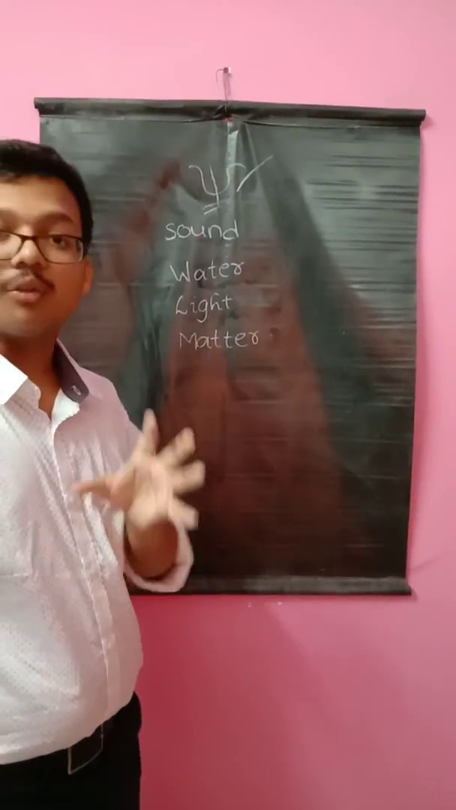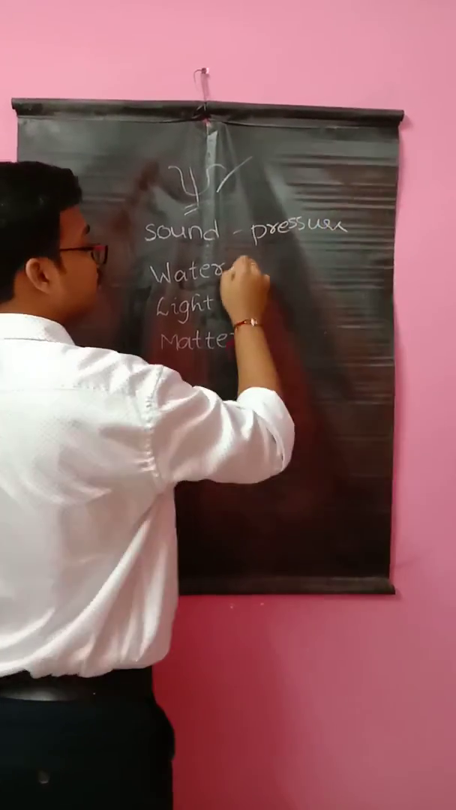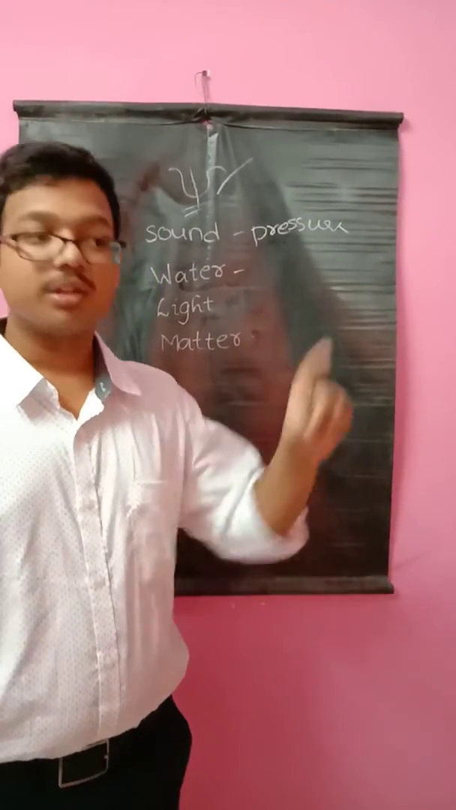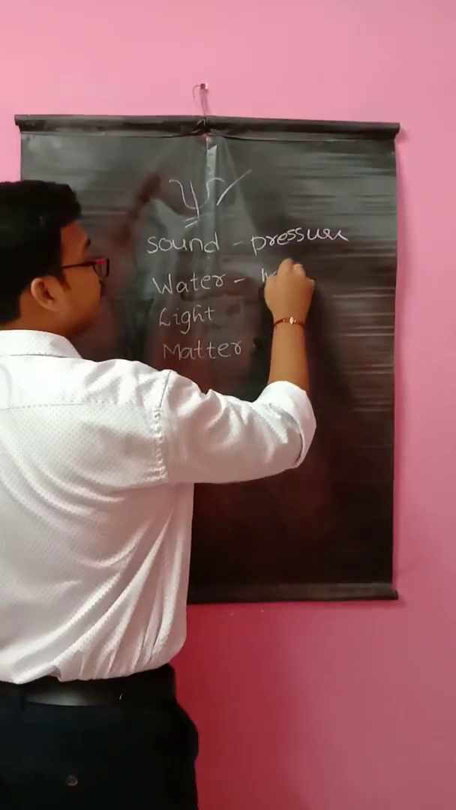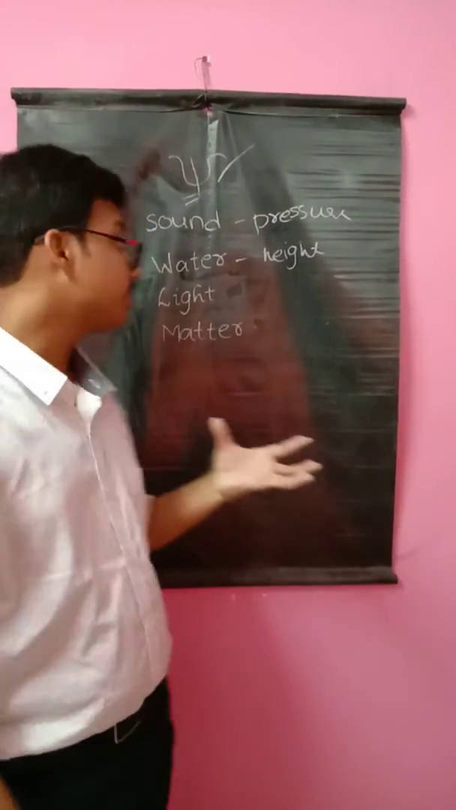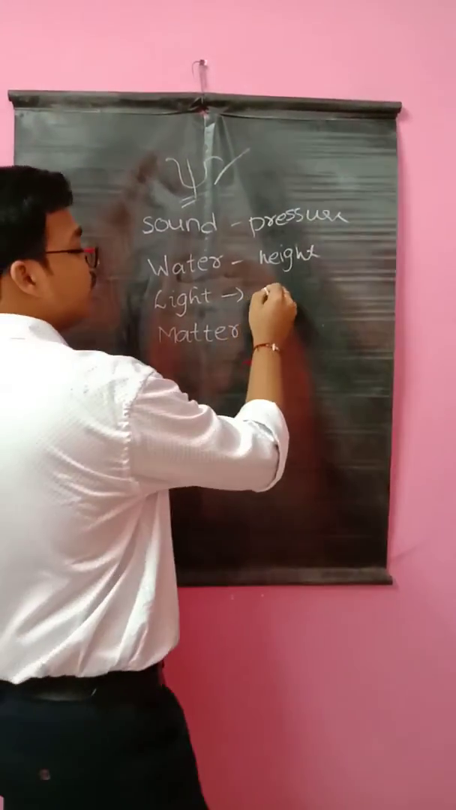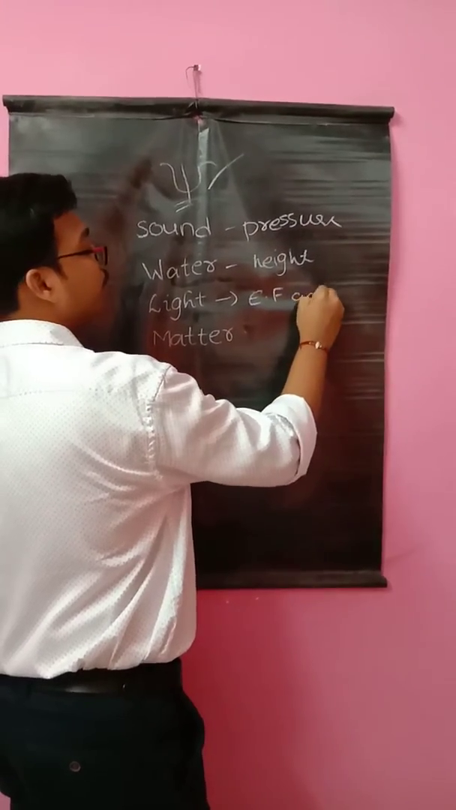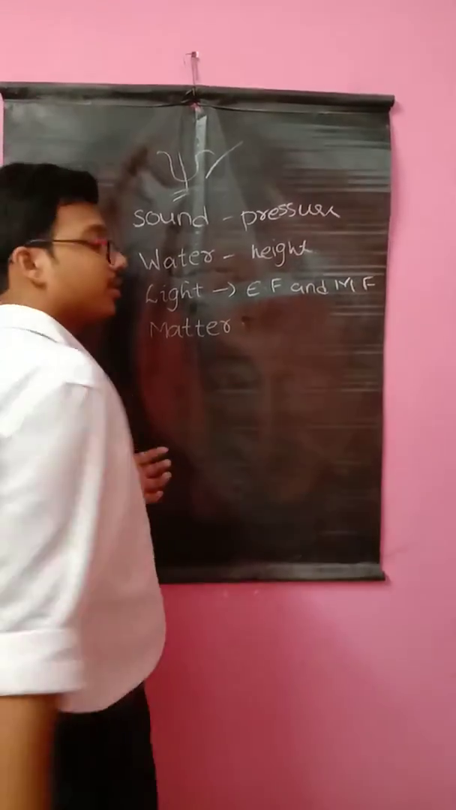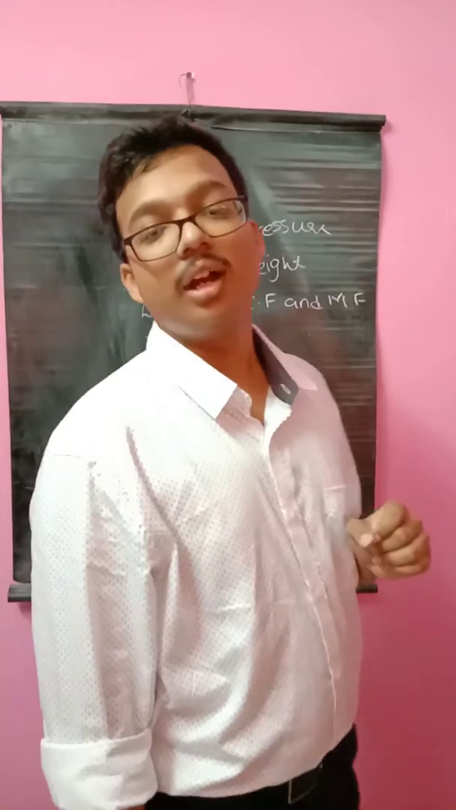We know what waves are and we know different types of waves, such as sound waves. In sound waves, the varying quantity is pressure. In water waves, the varying quantity is height. Light consists of electromagnetic waves, and the change is in the electric field and magnetic field. These two produce light. Now coming to matter waves or de Broglie waves, think about what the